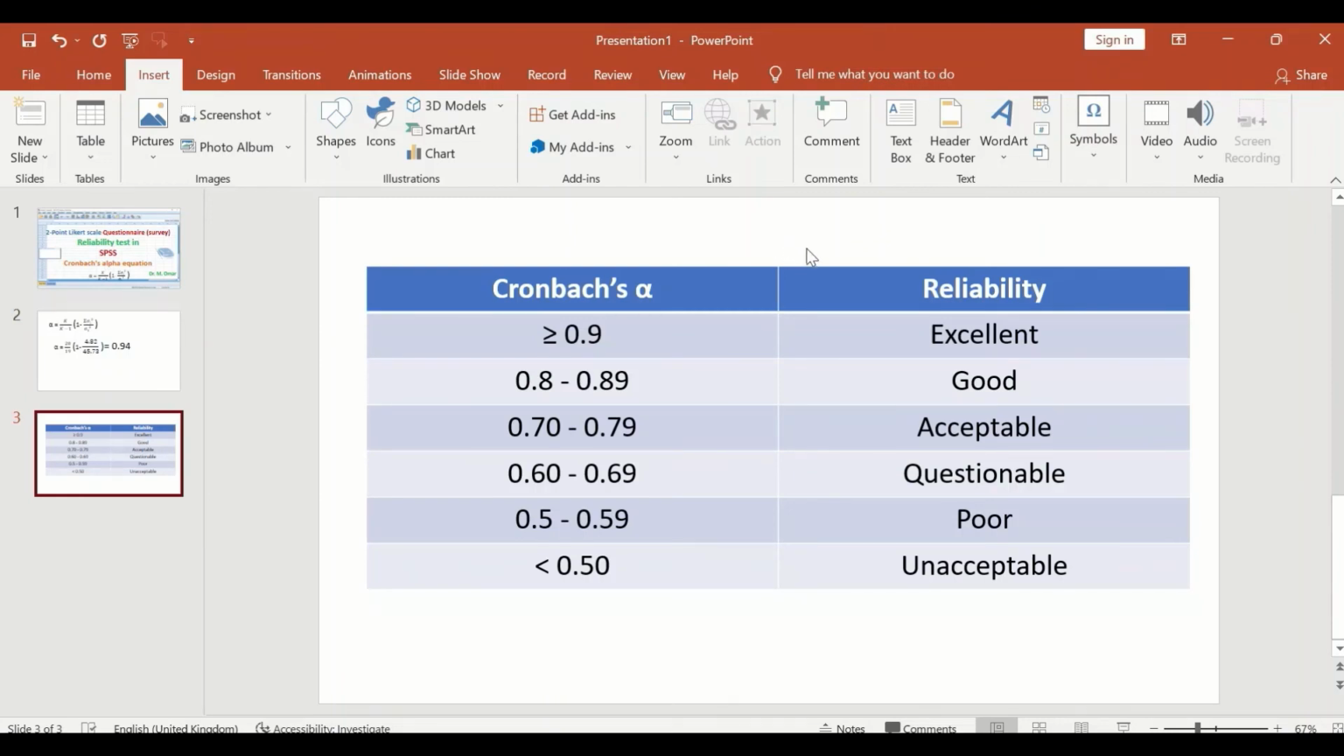This reference table shows the Cronbach's alpha value and the reliability level. If the alpha value is equal to 0.9 or greater, then the reliability is excellent. If a questionnaire has an alpha value in the range between 0.8 and 0.89, then the reliability is good. A questionnaire will have an acceptable reliability when the range for alpha is between 0.7 and 0.79, and a survey will